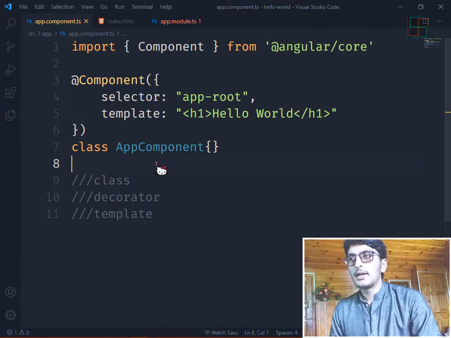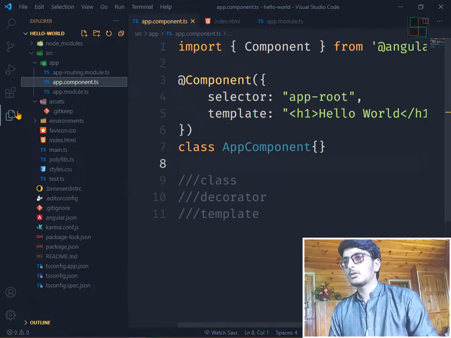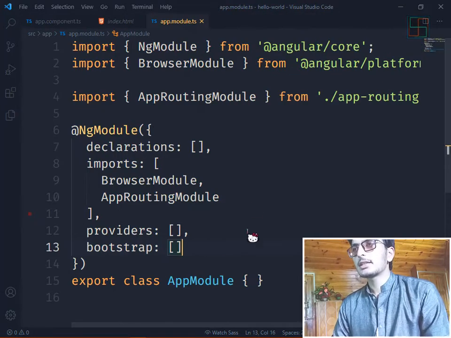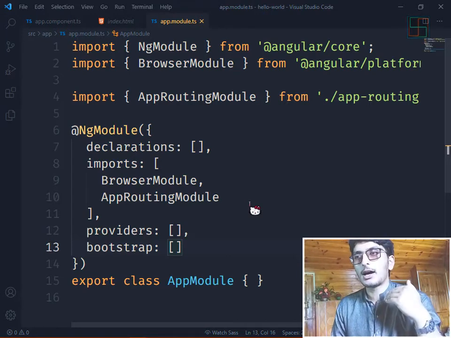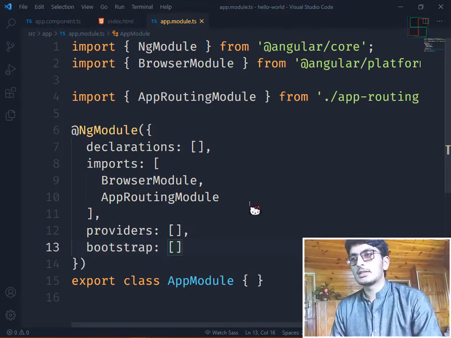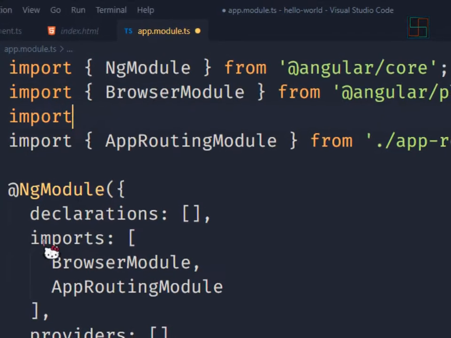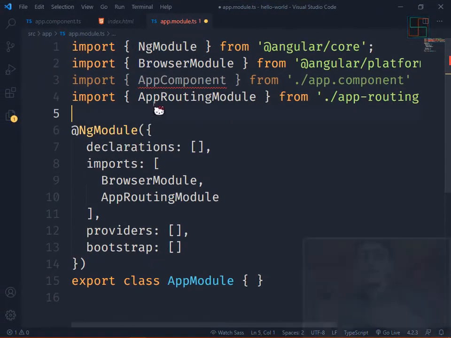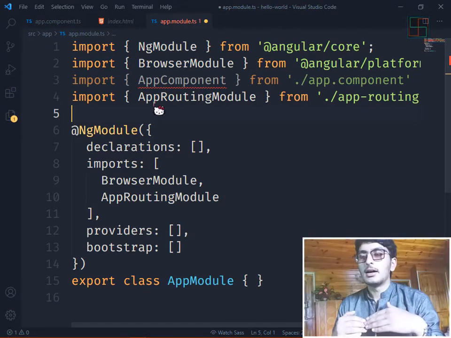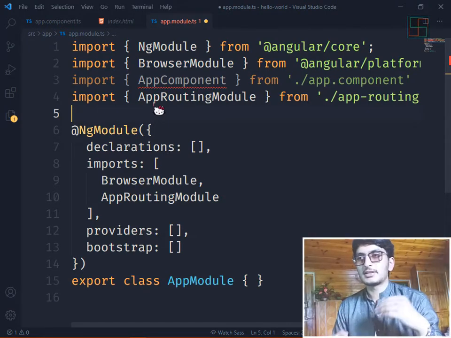in our app module. Okay, here is our app module. This app module is the initial point of our app, our project. Therefore we declare every component here. Okay, we are importing this AppComponent here, but in TypeScript when we import a class, it must be exported first.